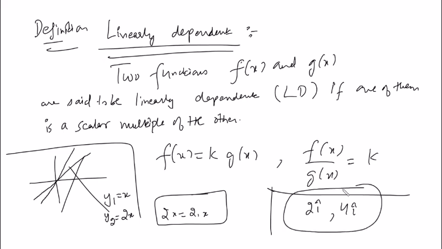But because you haven't studied it yet, that's why I just told you. Originally it comes from there, and it's always easy to see it for two functions. We'll also give you a general way: given any number of functions, you can check whether they are dependent on each other or independent. But for two functions, it's always this. If one of them is a scalar multiple of the other, you call it linearly dependent. Otherwise, linearly independent.